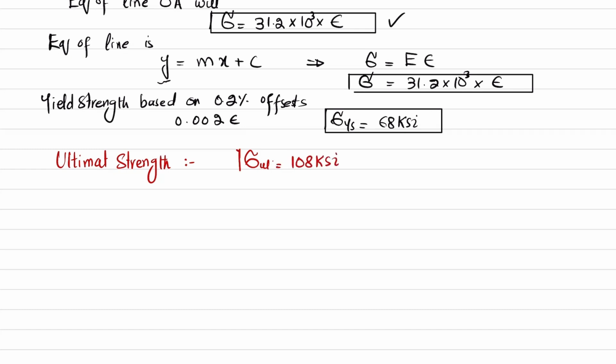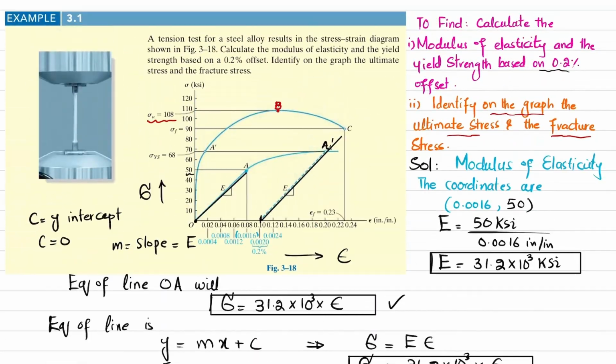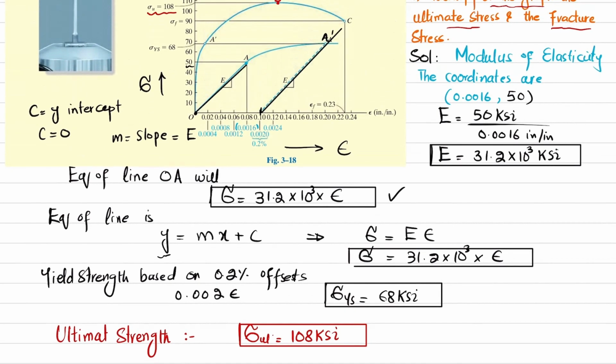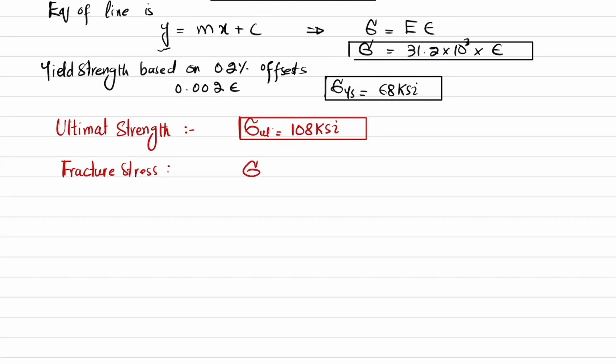And the last one is fracture stress. So I will write fracture stress. The specimen is strained up to a maximum of, you can see here, 0.23 strain, and at this point the material fails. So you can see the stress related to the maximum strain, and at that point fracture occurs. So this stress is fracture stress, and that is 90 ksi. So I can write fracture stress is equal to 90 ksi. And these are all the answers of this example